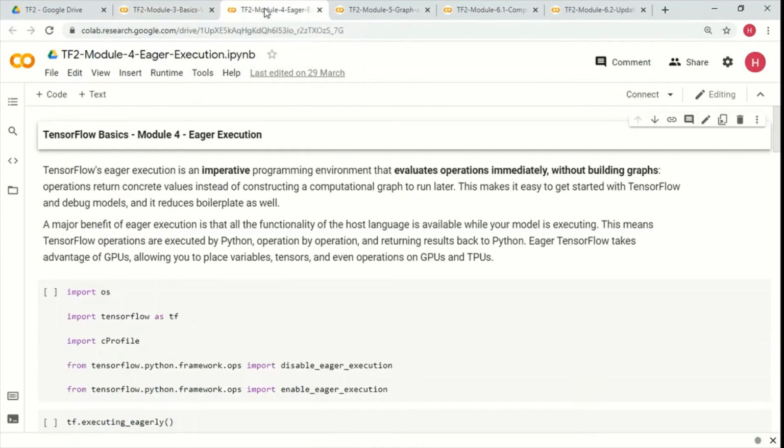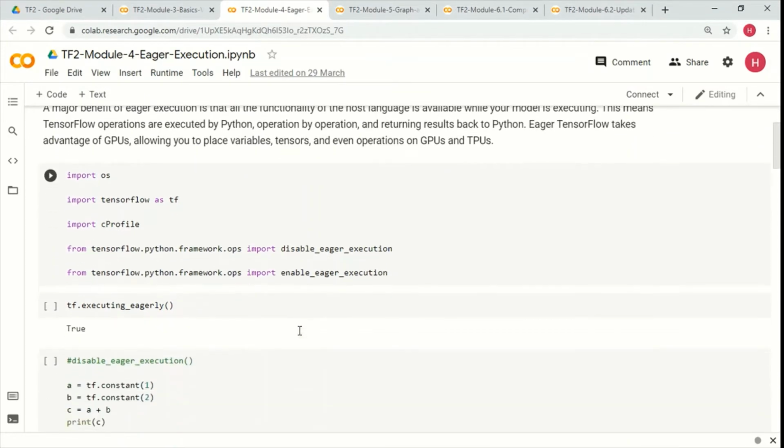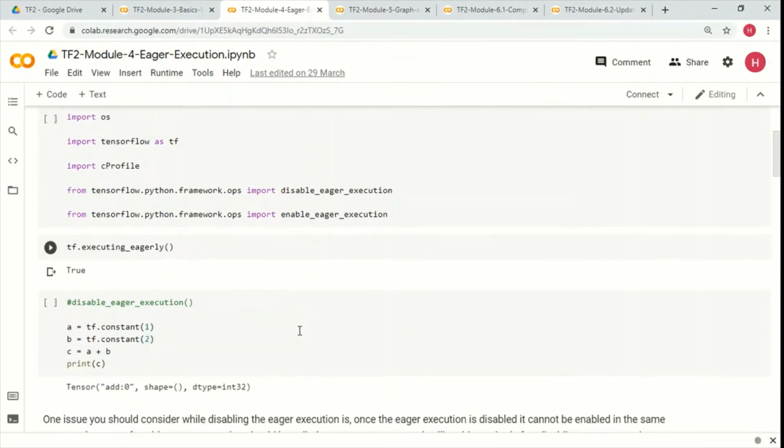The next notebook is about eager execution. Okay, so eager execution is basically running line by line, correct? And we also saw how we can check if this particular notebook is running eagerly or not, right? So it is tf.executing_eagerly, that's the call.